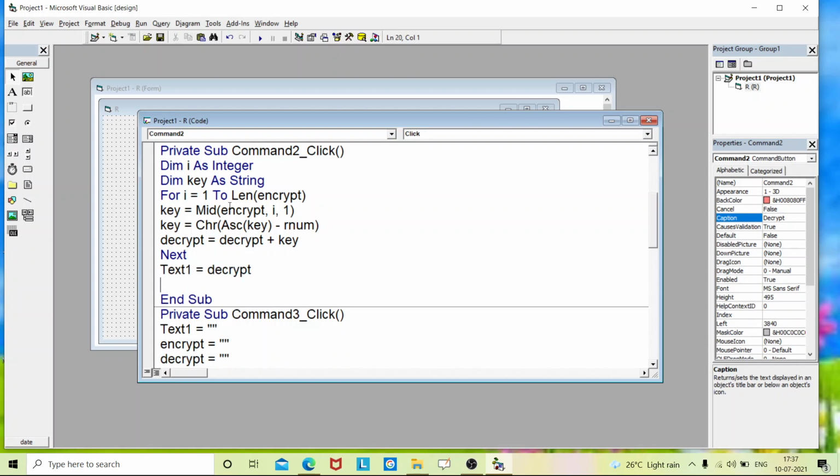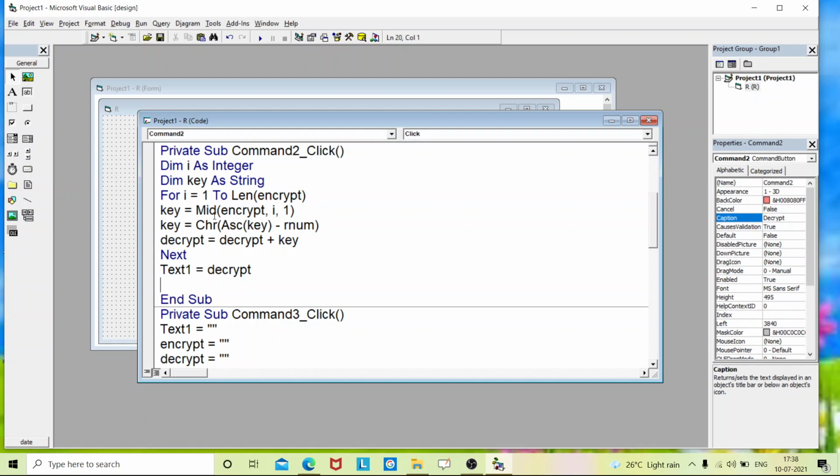So here what we are doing is, we are just starting a loop from the first character to the last character, meaning the length of the encrypt. That is, if I'm storing encryption values like 3 characters, the loop from 1 to 3 will start looping and execute those statements.